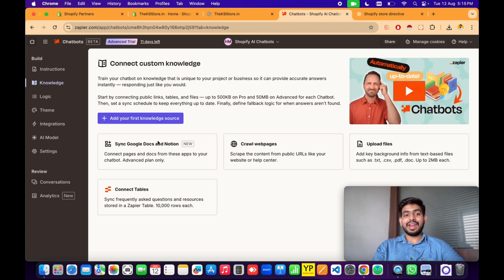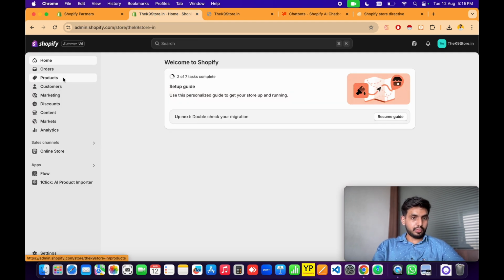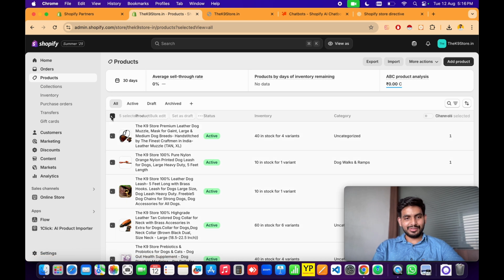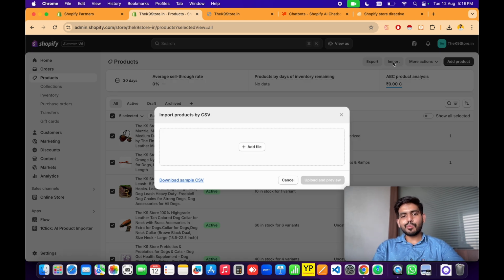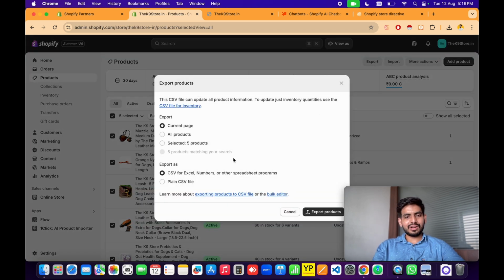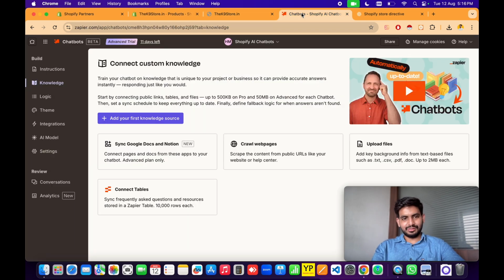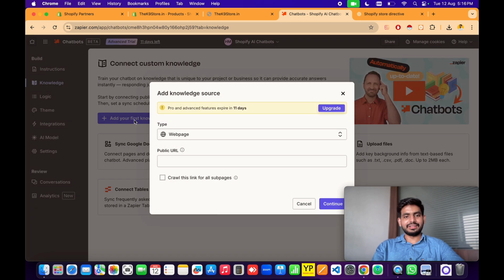You have to add the knowledge for your chatbots. So if you have a bunch of products, thousands of products, go to your Shopify, go to the product section, select all, and export all the products as CSV for Excel. I already have the CSV file,